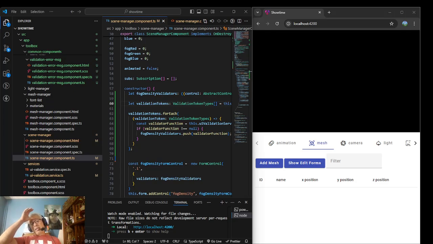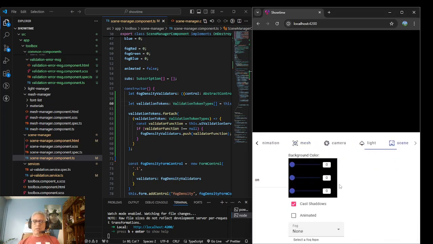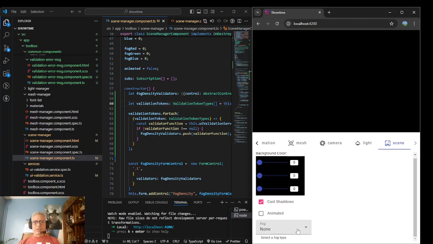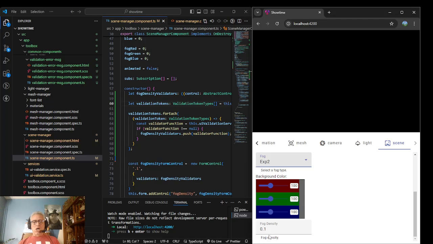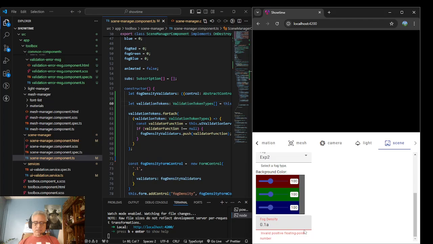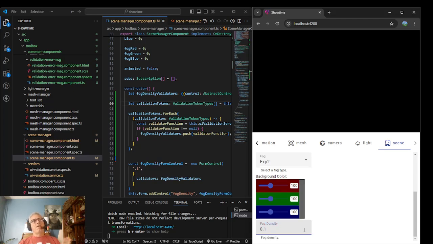Everybody, so I think we're done with the validation, the field level validation on exponent fog density. I think that is done. It's working. We've gone up and down the path several times, and it seems to be pretty clean